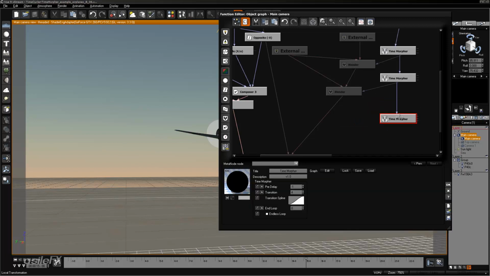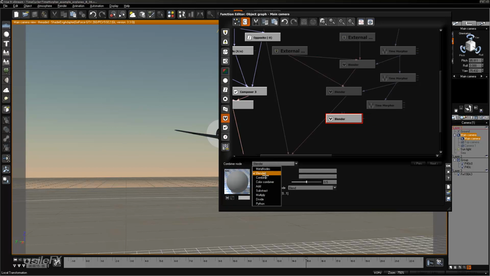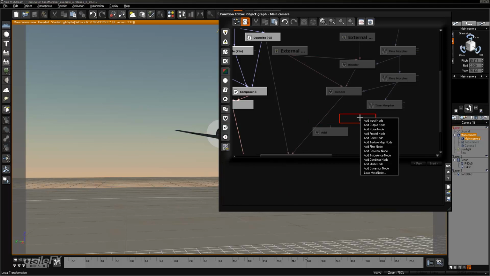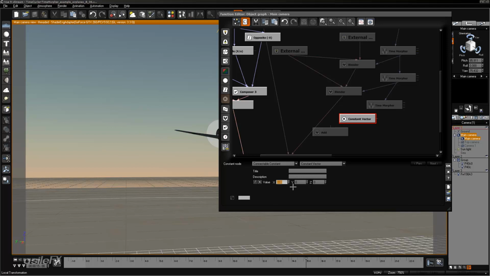What we're going to transition is a bit to the distance in front of the object. So since we're moving 90 meters a second on the X, what we can do is just add using a combiner, set it to add. We're going to add in a constant vector. So constant node, constant vector. Actually, we'll go ahead and use a connectable constant vector in case we want to change this value or make it dynamic. And we're going to add to the X,